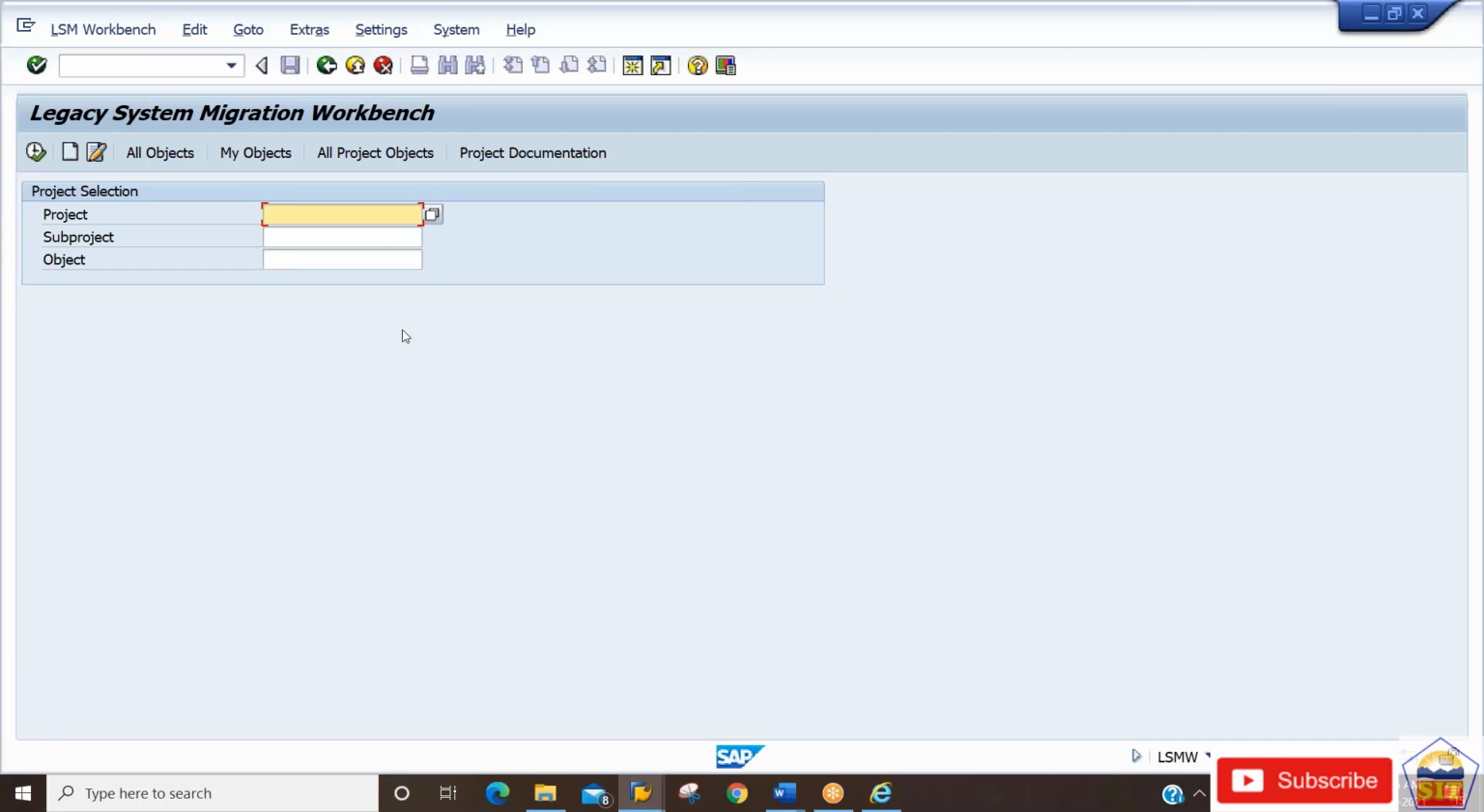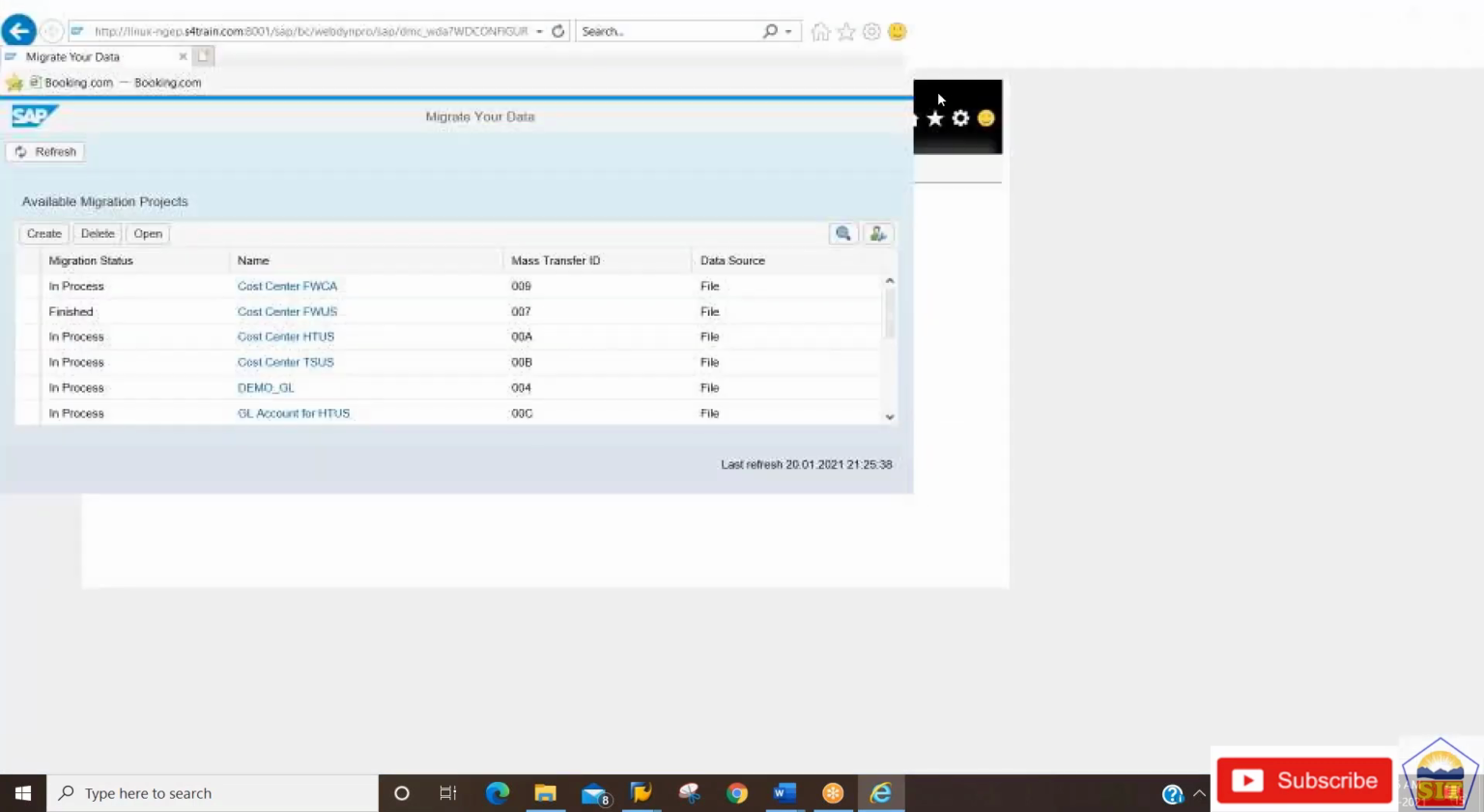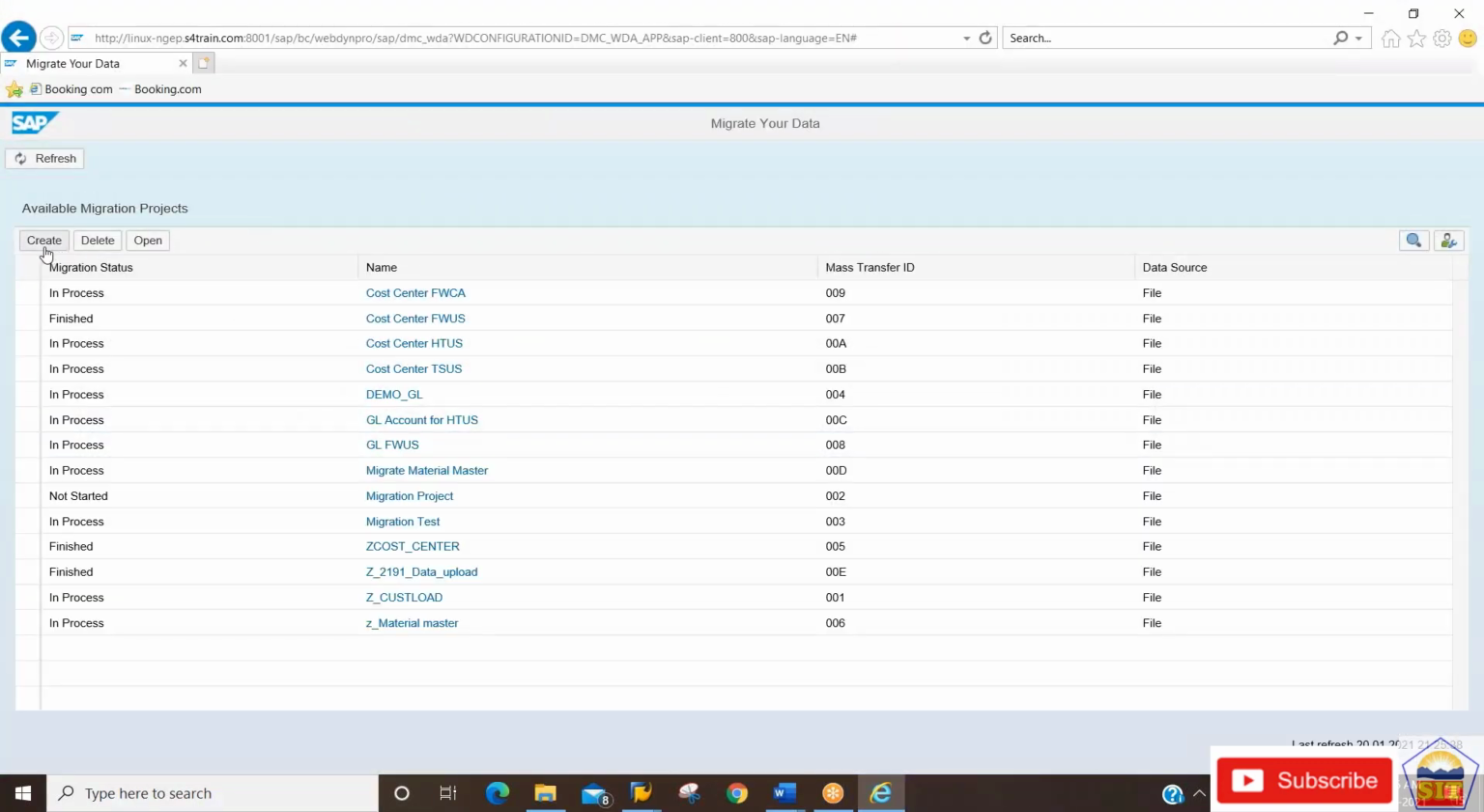So this is a new way of uploading the data into the SAP, or migrating your legacy data into the SAP system. So how is it to be done? For that we need to execute a transaction code. It is LTMC, and after that, what do you need to do? You need to click on the create button, because we need to create a project here. So here we need to have a project ID. So click on the create button,